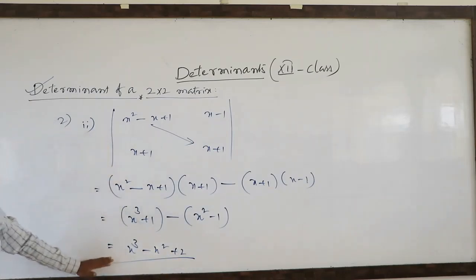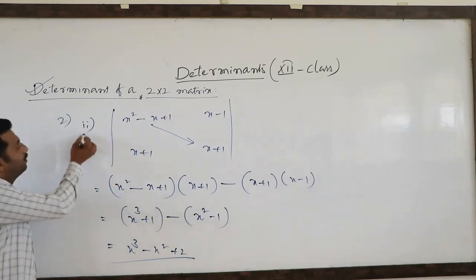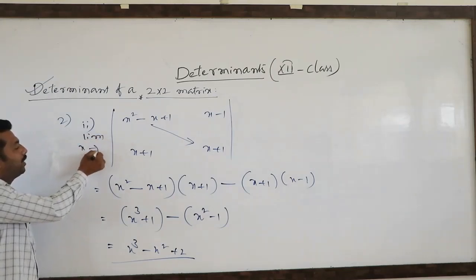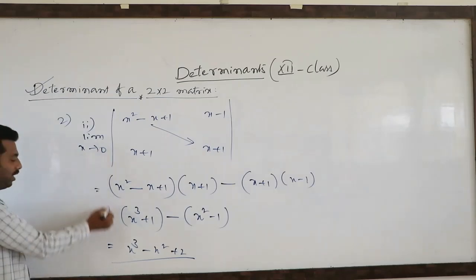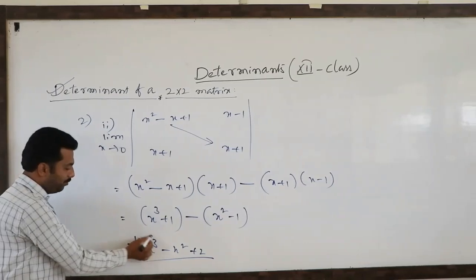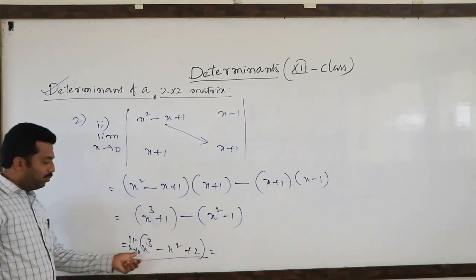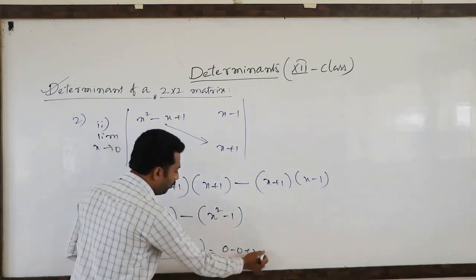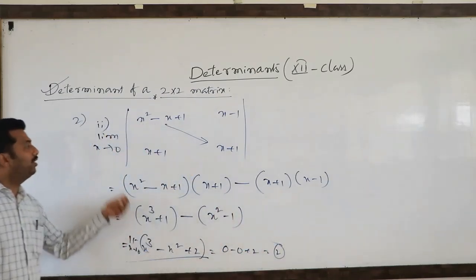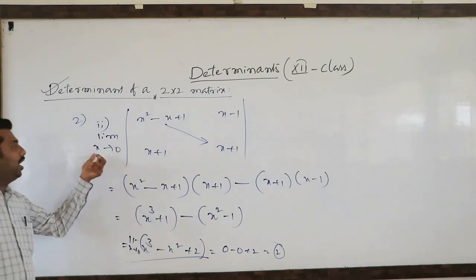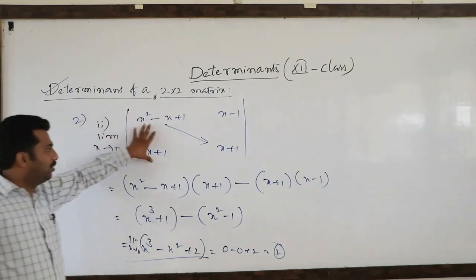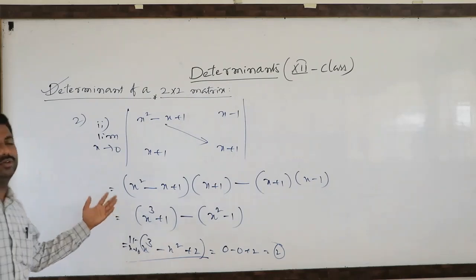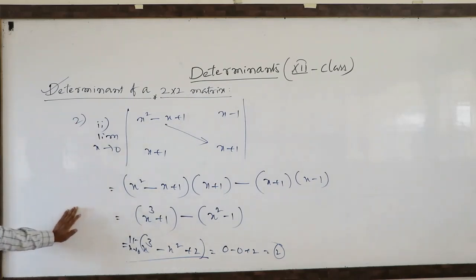What is this determinant value? In CET level, how will they ask? Simple technique. Limit x tends to 0, like this question they will ask. Limit x tends to 0 means every time we have to apply the limit. So finally, limit x tends to 0, what we have to write? Put x equal to 0, this is 0 minus 0 plus 2. So the final answer is 2. Whenever you apply limit x tends to 0, or dy/dx they will ask, derivative or integration they will ask. It is the same question only; from the entrance point of view, they will ask questions in different ways. That point you have to remember.